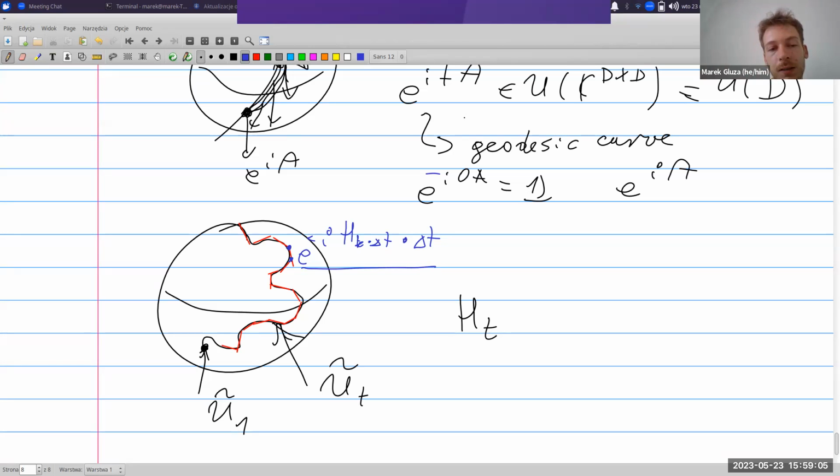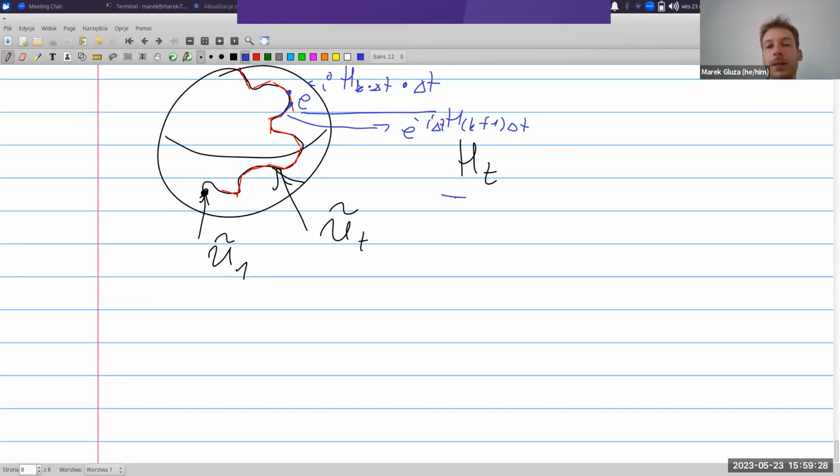Then it brings me here, and here I will use e to the minus i H_{k+1} delta t, and the duration here will be delta t again. So basically we are using those geodesics. That's the geometric interpretation of the physics: if the Hamiltonian changes are smooth enough, it doesn't matter if we consider this piecewise constant